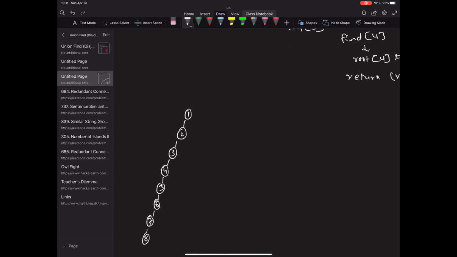Now I say find 3 and 2 are connected. So I'm basically querying whether 3 and 1 are connected or not. So in this case, I'm going to compress 3. But the whole other path will remain the same. So I think whatever amortized time analysis we get with this result,